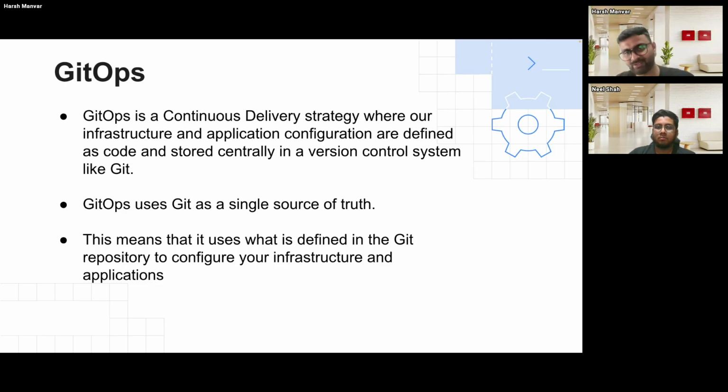So it is the same thing, but everything, all your configuration files and everything should be stored in Git only. As mentioned over here, GitOps uses Git as a single source of truth. What that single source of truth means is that if I'm joining any team, or someone is joining my team, and I have done some configuration on the server,